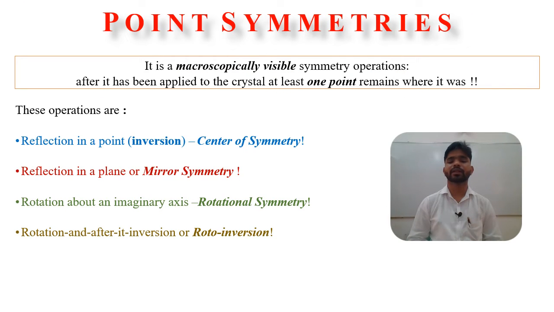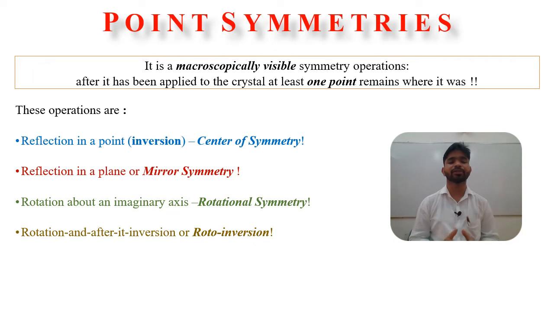So after studying the translation symmetries, we will study the point symmetries. Unlike the translation symmetries, the point symmetries are macroscopically visible ones. The translation symmetries are not visible because translations are in the order of angstroms. The point symmetry operations include the reflection in a point, that is inversion, known as center of symmetry, or